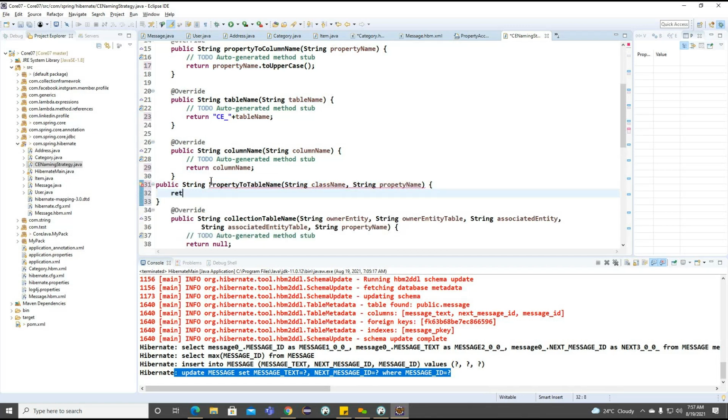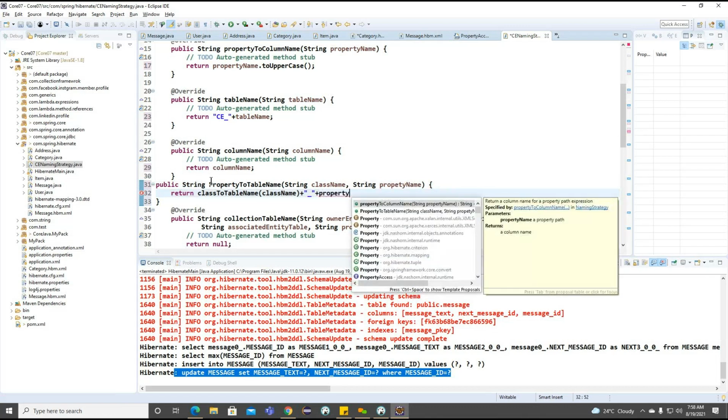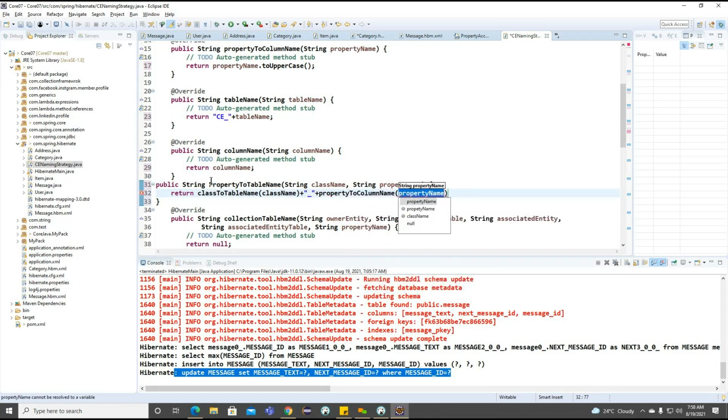And what we can do here, I want to return table name, and I want to call property to column name and property name.